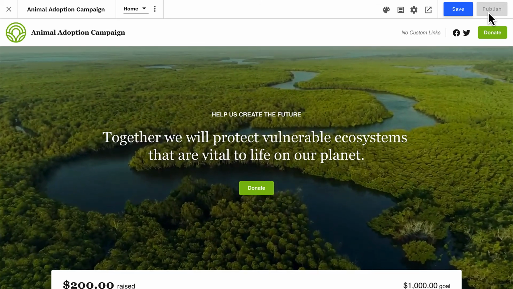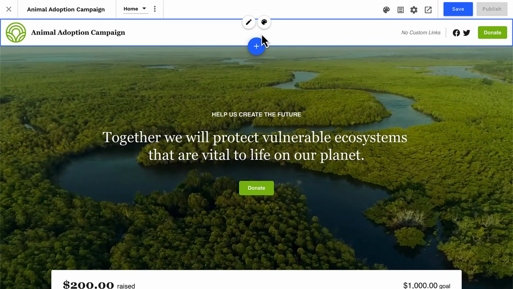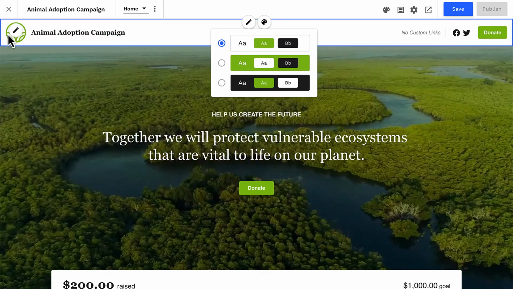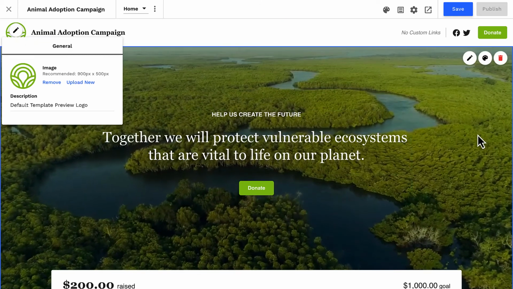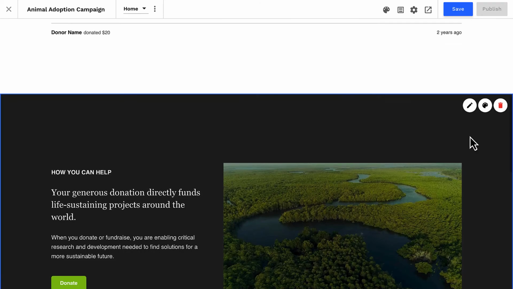Moving down from the editor top bar, we can access our site's top navigation, where we can edit the navigation display and theme settings, as well as the logo, site title, sharing options, and button options. Down the page, we can edit the sections that make up the page's body. In our next lessons, we'll dive deeper into many of these tools.